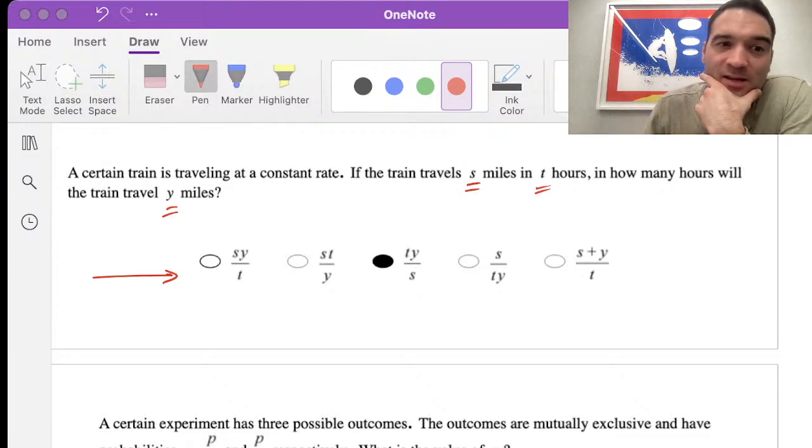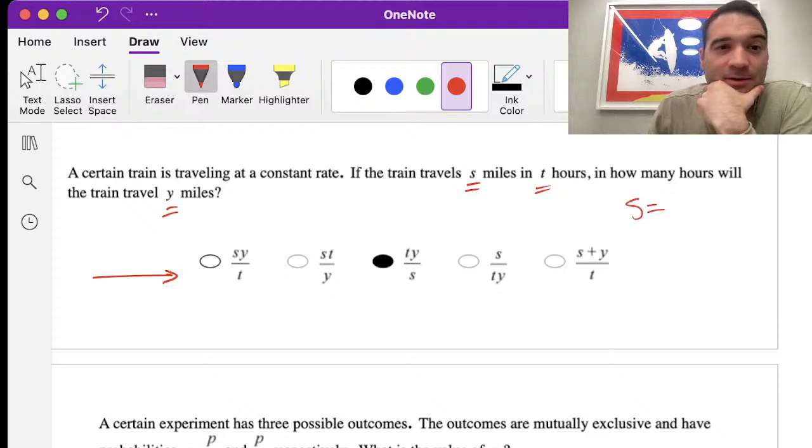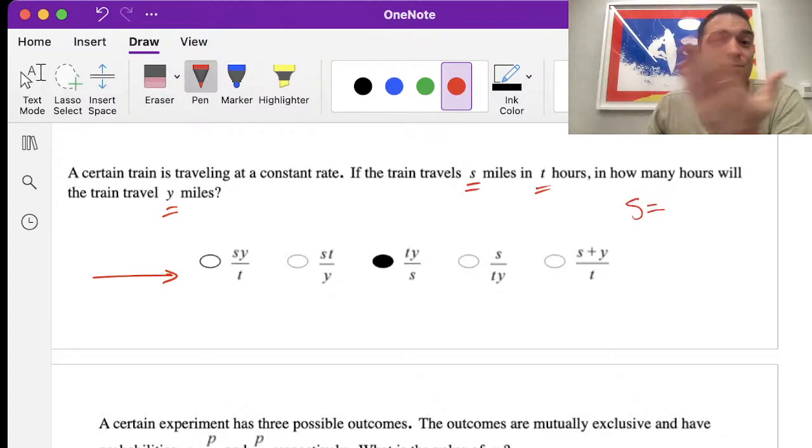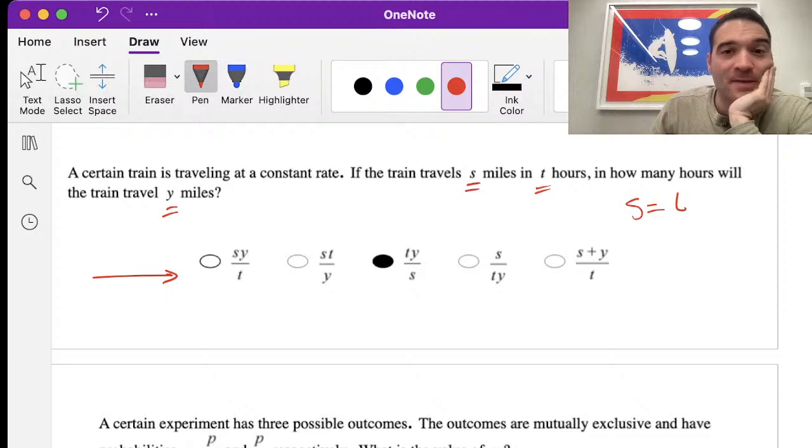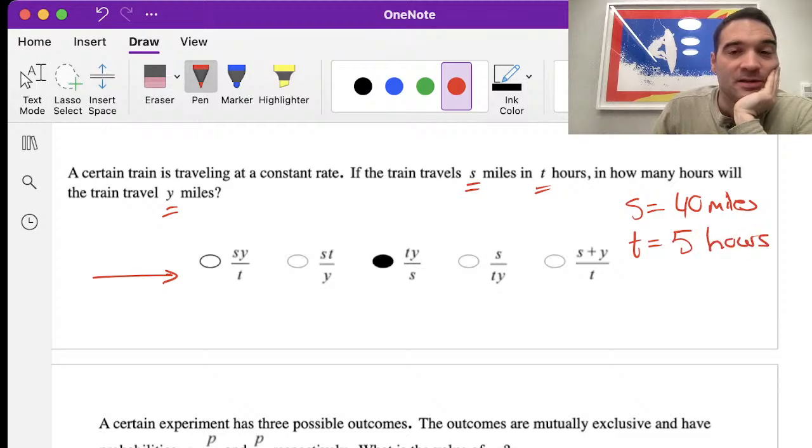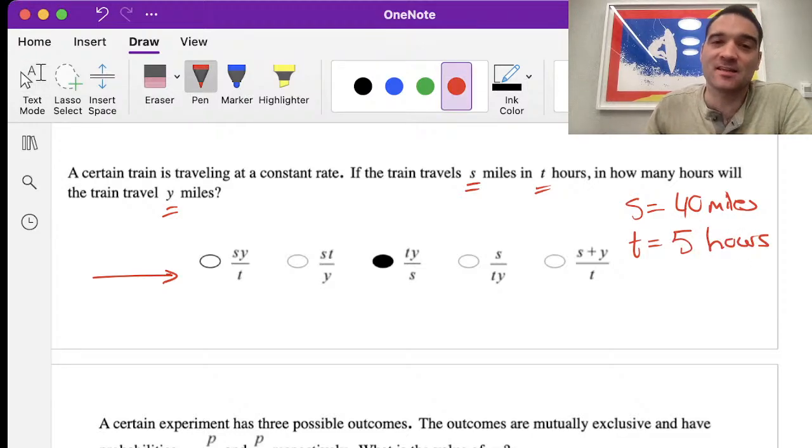So I'm just going to say that S equals, how many miles? The train travels 40 miles in 5 hours. T is 5. The question is, how many hours is it going to take the train to travel Y miles? And again, we can just make this up. Why don't we say 120